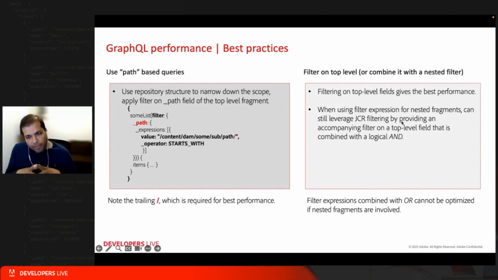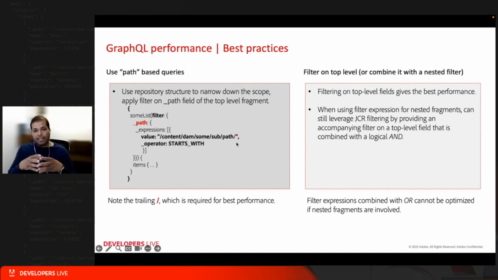Let's discuss now some of the best practices around all these features to get the most performant results. First, the path-based queries. You can leverage repository structure to narrow down the scope of the fragments being returned. This would require that the content is partitioned or categorized appropriately. Note that the trailing slash at the end of the filter value is required for best performance, as if you